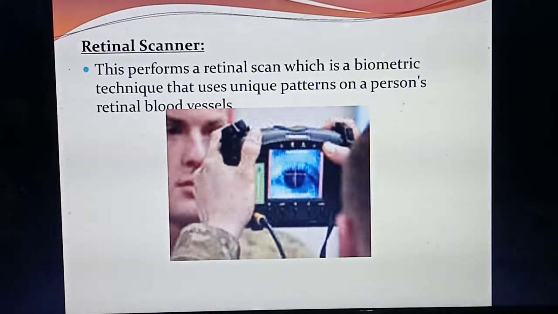Mainly this retinal scanner is used to identify a thief. If we scan our eyes and store them in the computer, no two persons will have the same blood vessels. In a film you might have seen, they give an eye photo and search, and inside there will be a lot of photos. So it will search which person this eye blood vessel matches. Likewise, they can find out this is a thief or theft. Understood? So mainly the retinal scanner is used to scan our blood vessels in the eye.